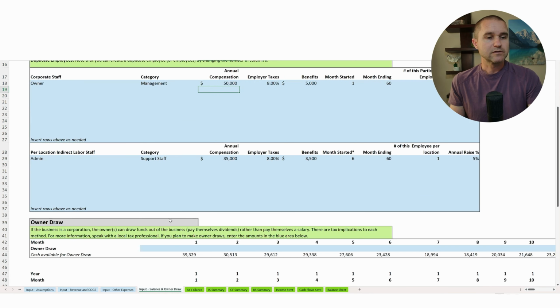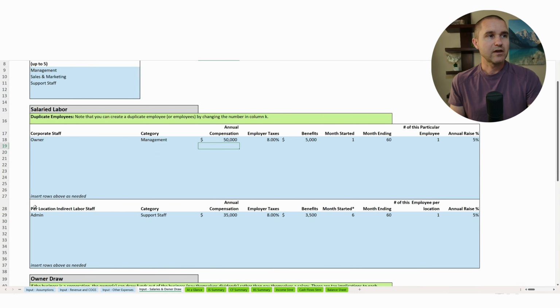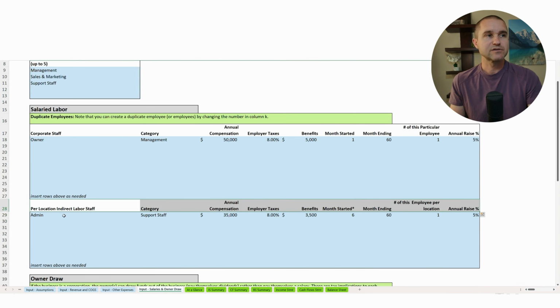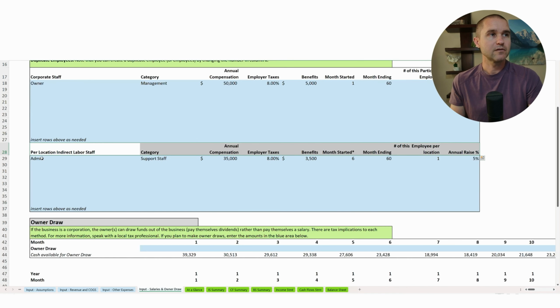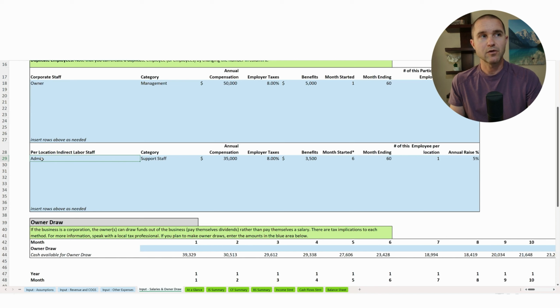And then there's just one little difference here on the salaries tab. We have a per location staff. So, let's say we still just have you as the owner, but maybe for each location that you open, you want to hire an admin person to help with sales, to help with invoicing, to help with dispatching or just coordinating, maybe any sort of paperwork or office type of work. Maybe you have an admin that you hire